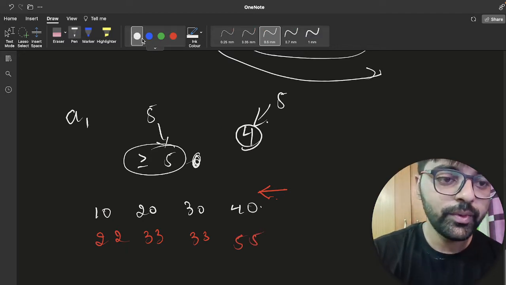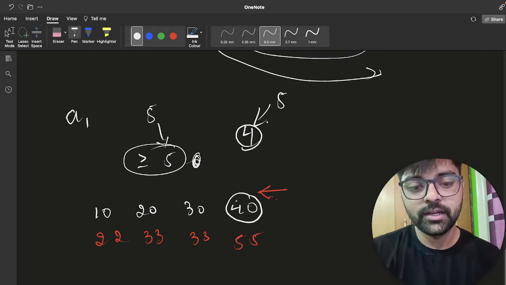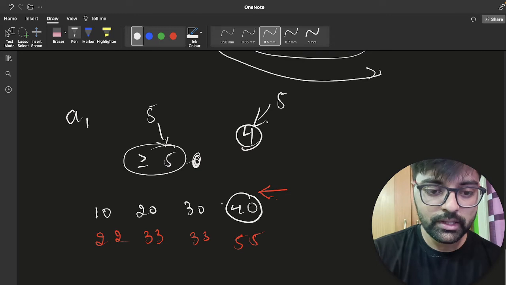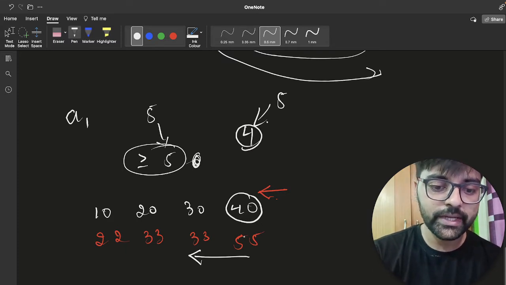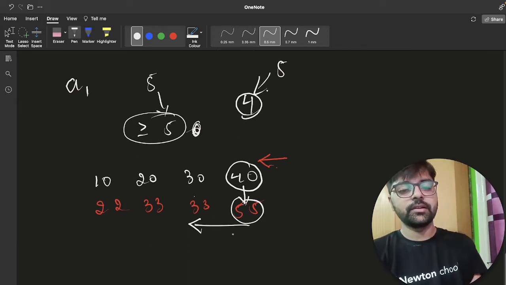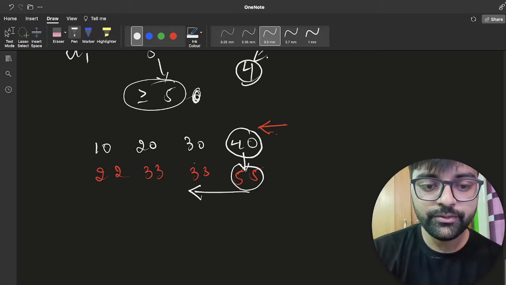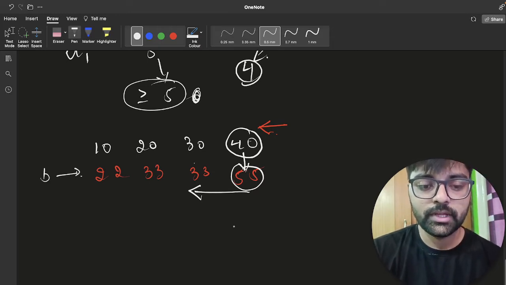So we will move from this side and we will check for 40, can we make it on this side? Let's say we are fixing 40, then we will check whether we can make it as 55, 33, 33, 22 or not. So 40 we can only make as 55, right? The number greater than 40 in the B array is 55 only. So 40 has got 55.